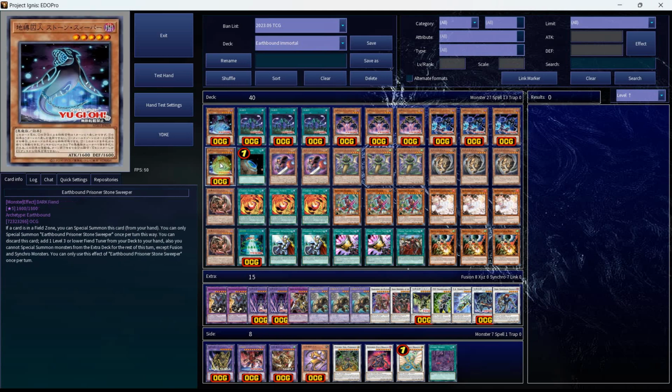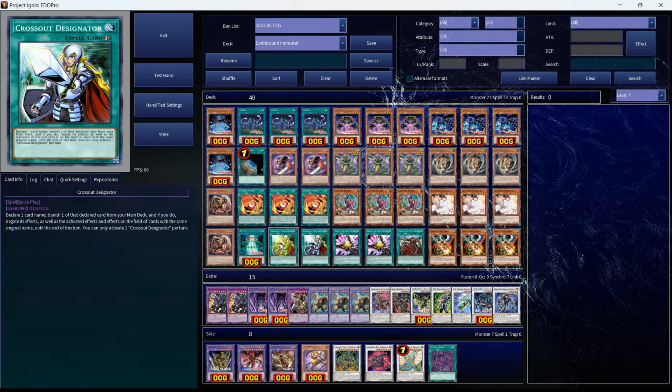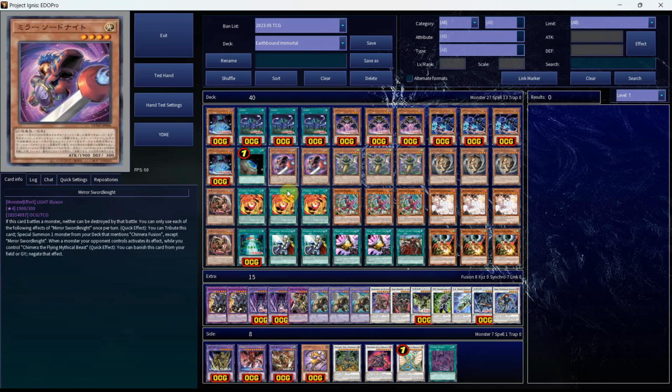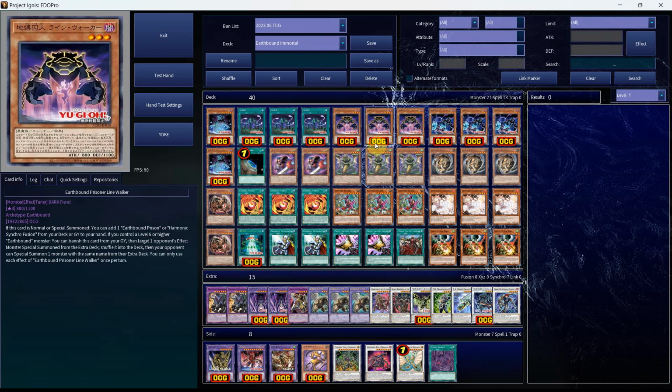So we have the 2 Stone Sweeper, we have the 2 Baphomet, the 1 Harmonic Synchro Fusion, the 2 Crossout, the 3 Chimera Fusion, the 2 Mirror Swordsman, 4 of the Field Spell with the 1 Terraforming and the 3 Field Spell because you want to see it as much as possible so that you're not clogging too much into just Engine with the Earthbound and Chimera cards